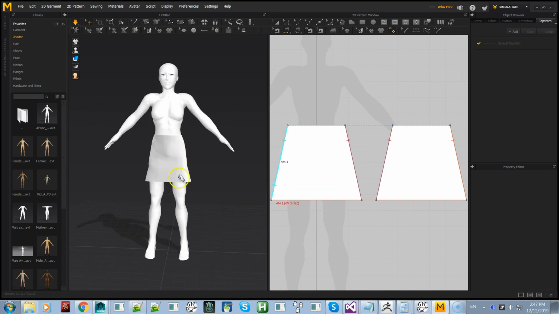So if she was wearing pants, pants are better to design in the A pose, or you can design them in the T pose, but it's better to rig pants in the A pose with the legs slightly spread apart, because when you have your thighs rubbing and the pant legs are rubbing against each other, it gets really difficult to rig. So it's better to rig pants in the A pose with the legs apart. But you could design the pants in the T pose if you really wanted to, and then use this to spread the pant legs apart before you export out your